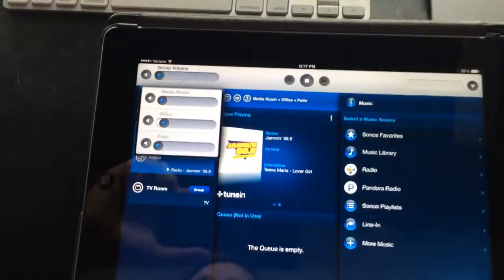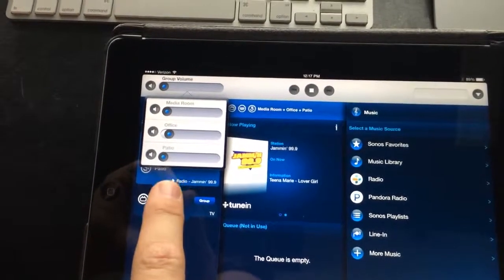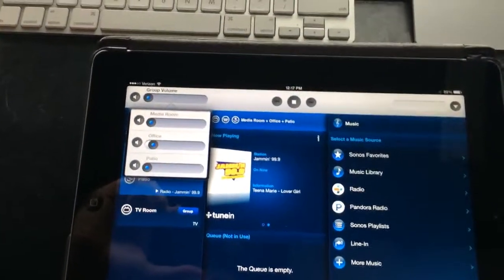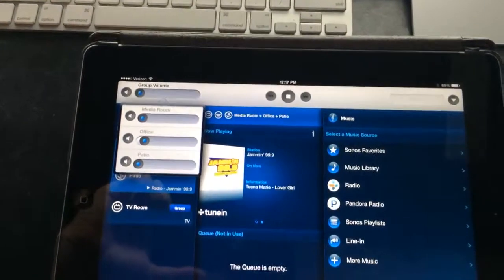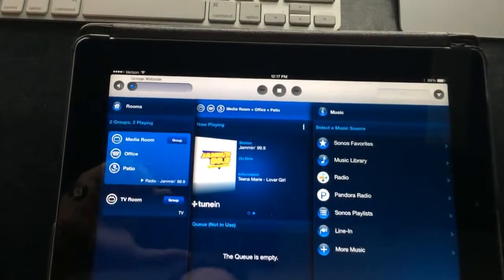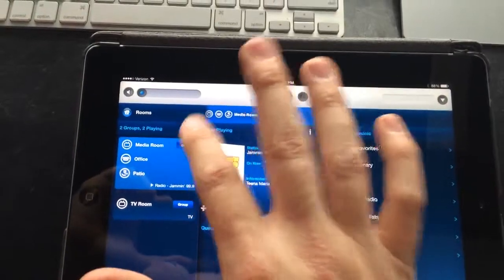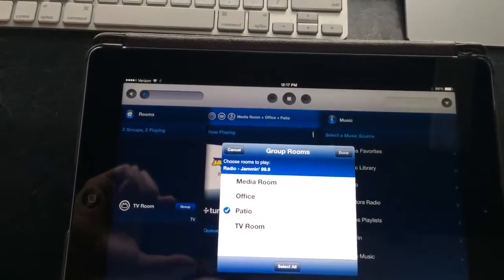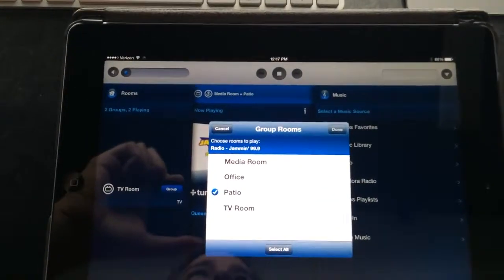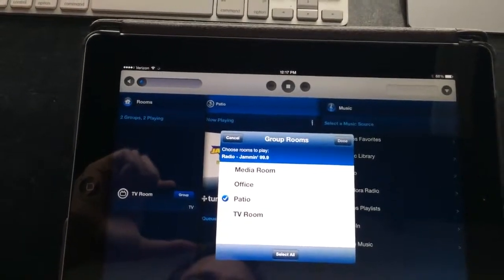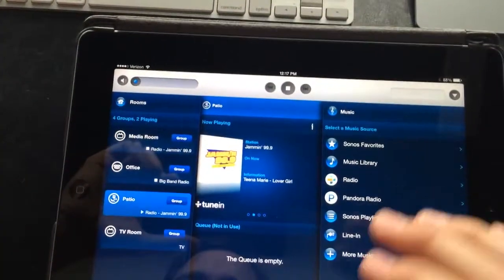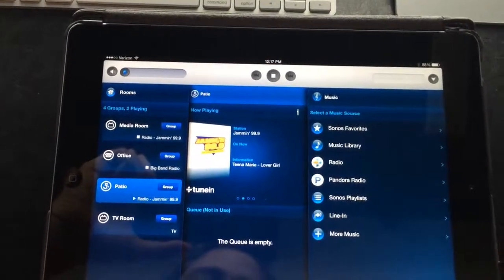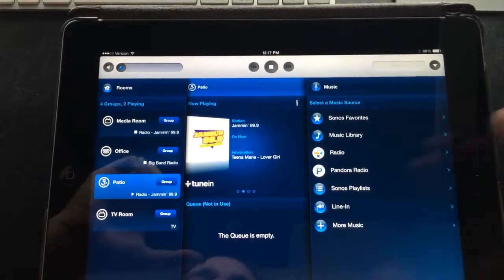When I click on my volume, I have individual volume control for each room. Or if I slide the group volume up, all the rooms volume will raise and decrease all together. When I'm done with the group, I can hit group again and just uncheck the ones I don't want, and that will separate those rooms out, so now they can all listen to individual music if they want to. So now my rooms are ungrouped, they're all individual again, and that is the basic overview of basic operation and